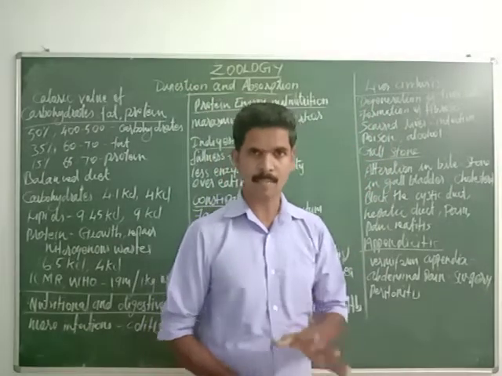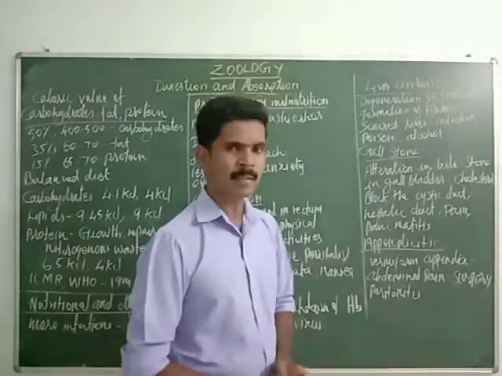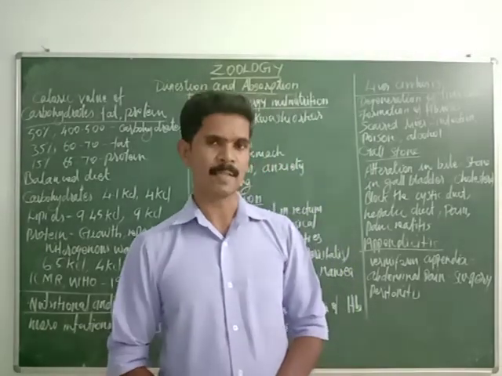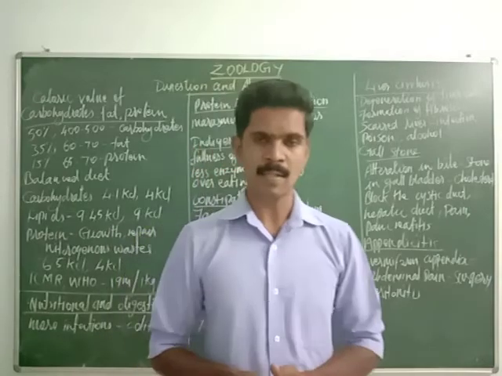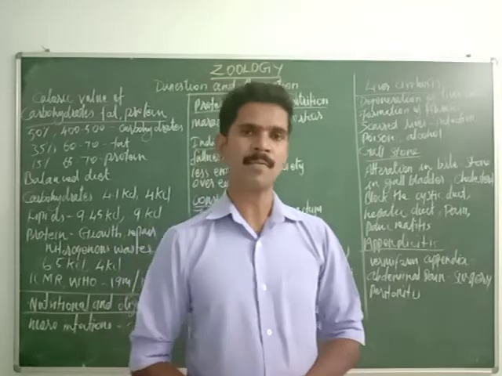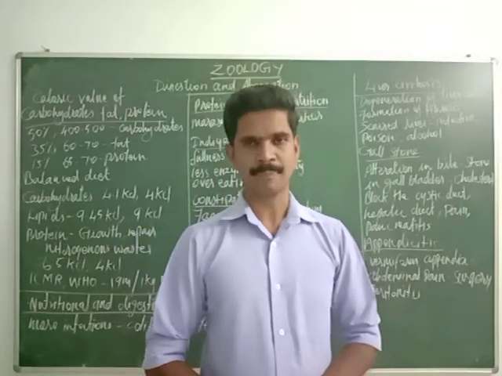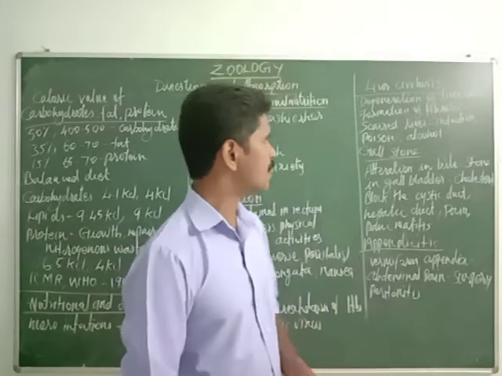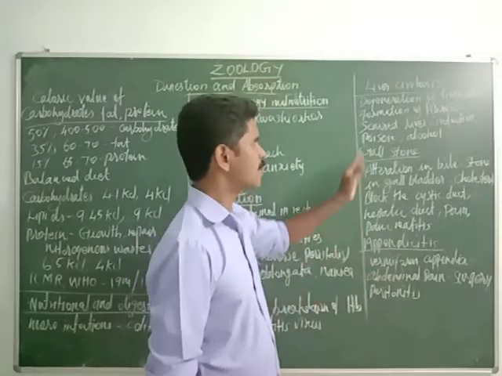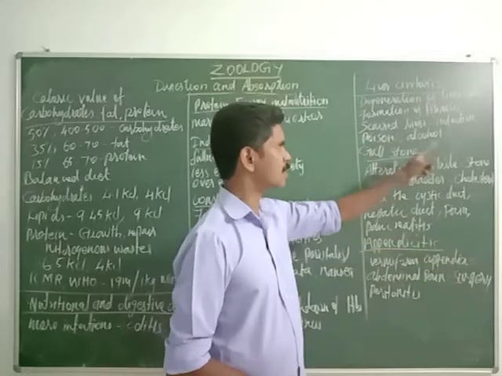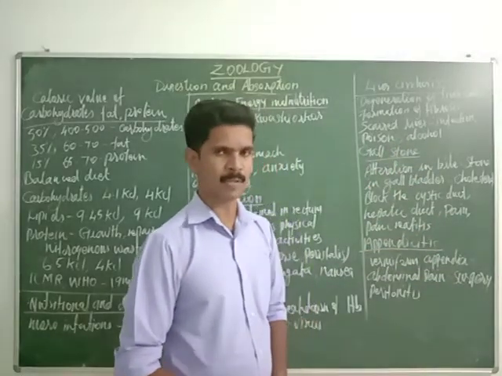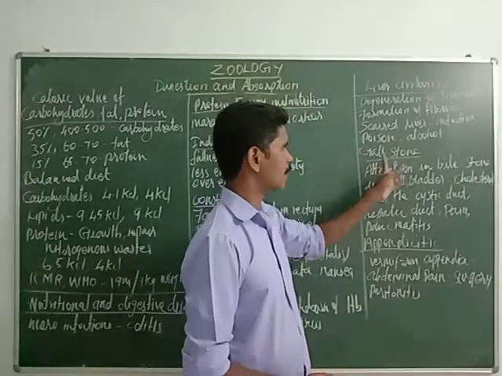So dear students, once again let me repeat all the points about liver cirrhosis. The cause of liver cirrhosis is destruction of liver cells. If the liver cells are continuously destroyed in the body, it leads to abnormal blood vessels and abnormal bile ducts. Understand? This disease leads to the formation of fibrosis, it is also known as scarred liver, and the reasons are infection, poison and alcohol consumption. Hope you understood.